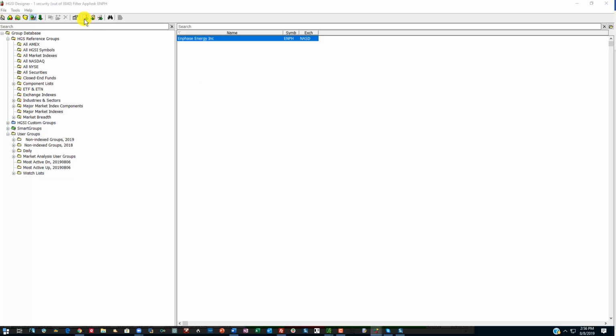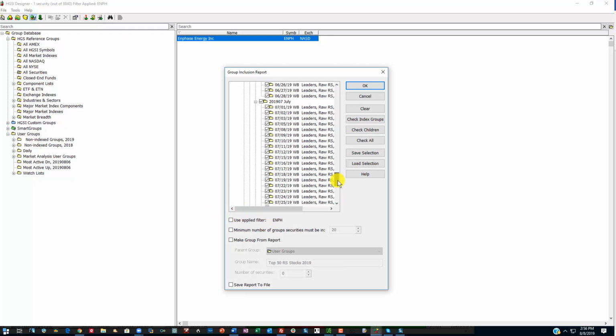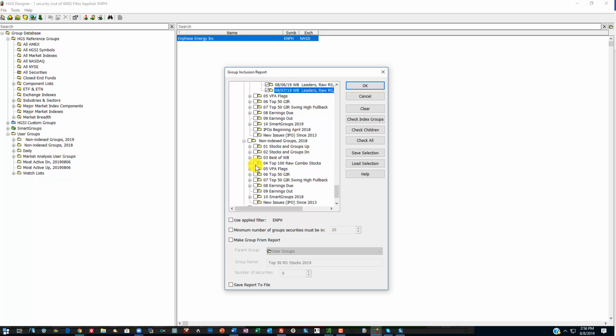So I have clicked up here again. This is why it's slow. I thought I cleared this out. These are from this year, and while I'm at it, I'm going to go back in to my non-index groups 2018. I'm going to click on raw combo, and I'm going to click on check children. And then I'm going to use this filter ENPH. And if I did this correctly,